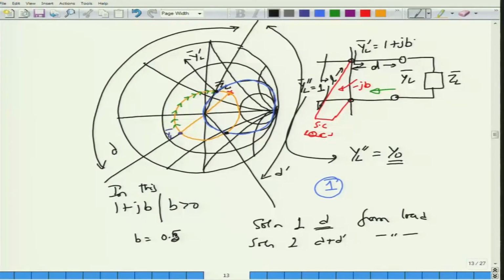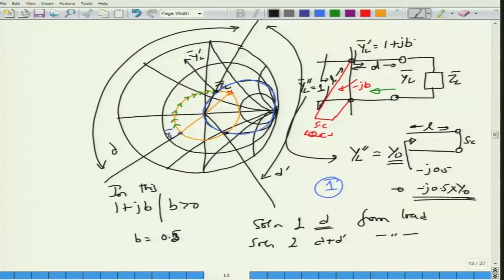What you now need to do is to connect either a short circuited stub, let us assume that we are looking at the short circuited stub of certain length L, such that the reactance here will be minus j 0.5. Please note that this is again the normalized reactance. The actual susceptance is obtained by unnormalizing this one by multiplying it with Y0, okay. So this would be the admittance or susceptance, and then 1 by susceptance will give you the impedance or the reactance corresponding to this. Anyway, we will not worry about that.